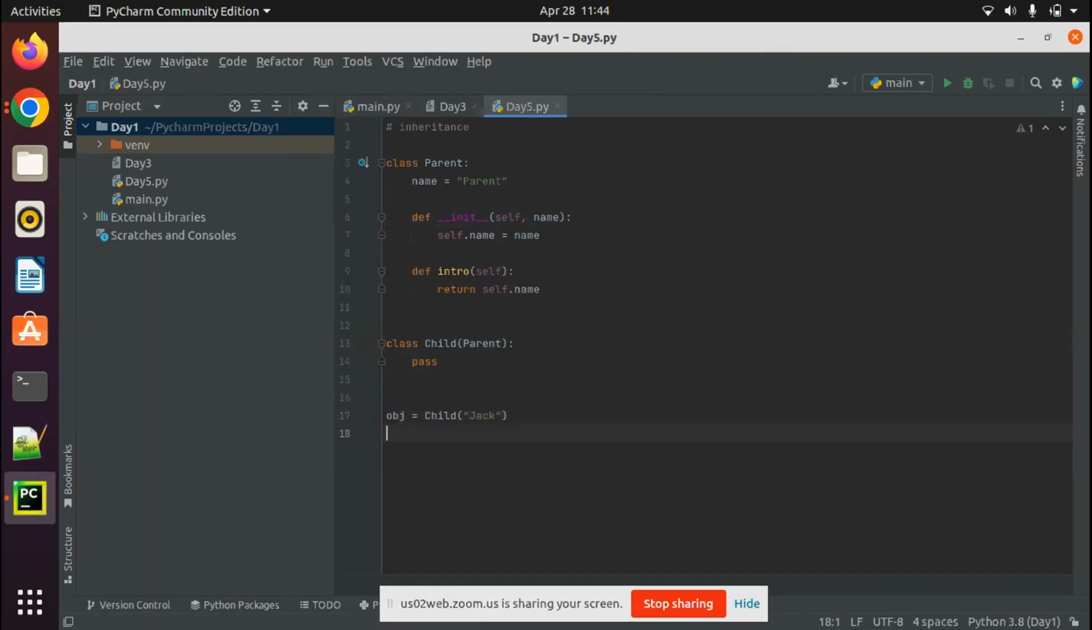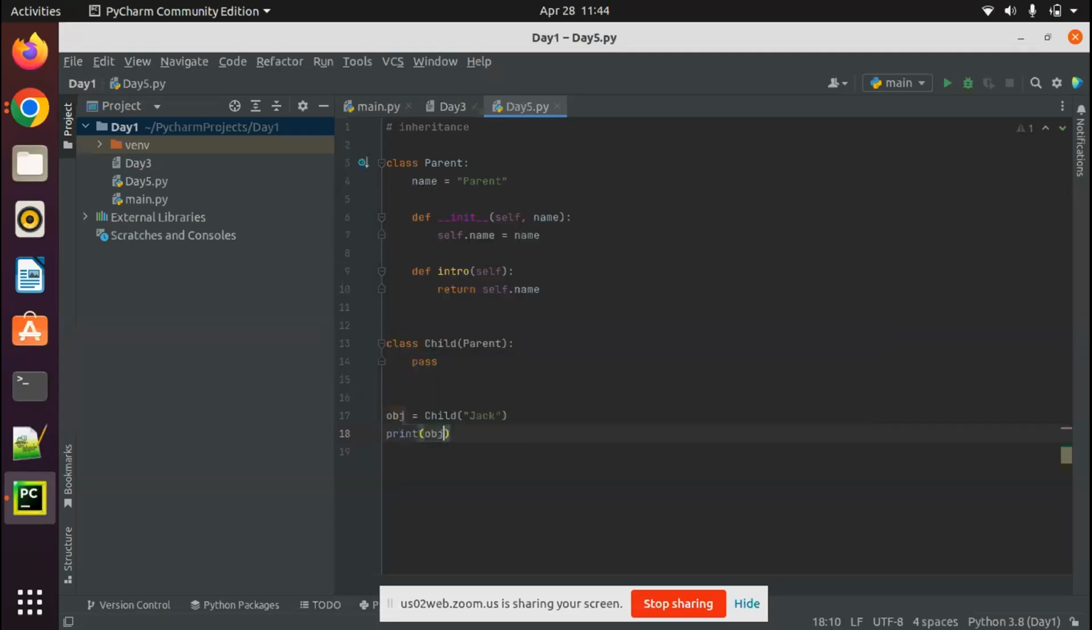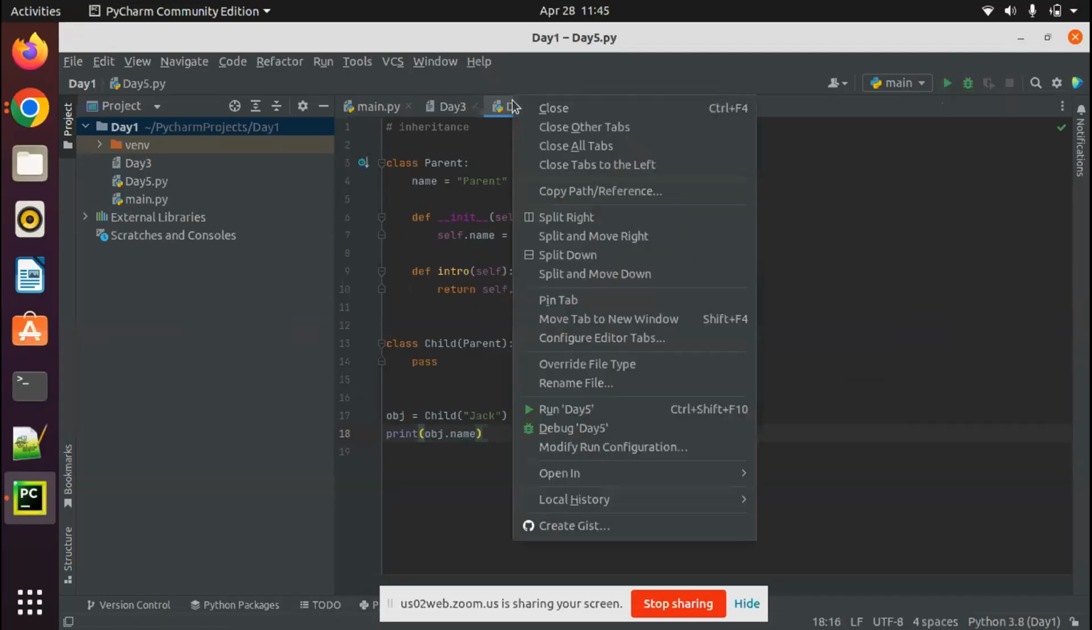But before that, as you can see, the child can have access to the parent's attributes and methods also. So even if you make the child's object, you can still access the attributes of the parent. So I can write print obj dot name. Now name isn't defined in our child class, but it's defined in the child's parent class. So the child can access the parent's attribute and can pass it to its object. If I run it,